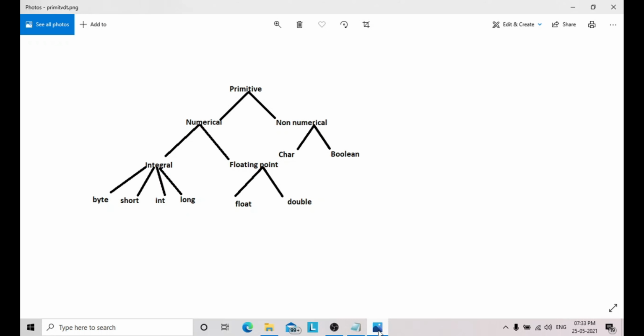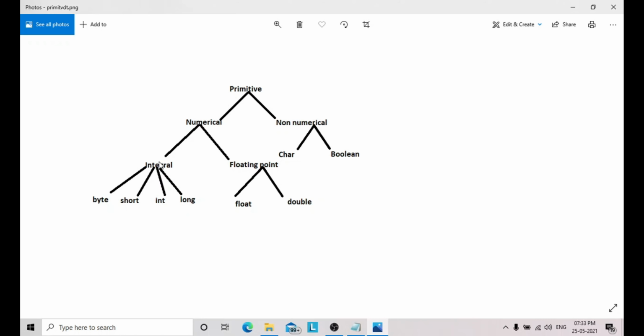Next I will discuss primitive data types in detail. Primitive data types are classified into two, numerical and non-numerical. In non-numerical, we have character and boolean. Numerical we can classify into integral and floating point.